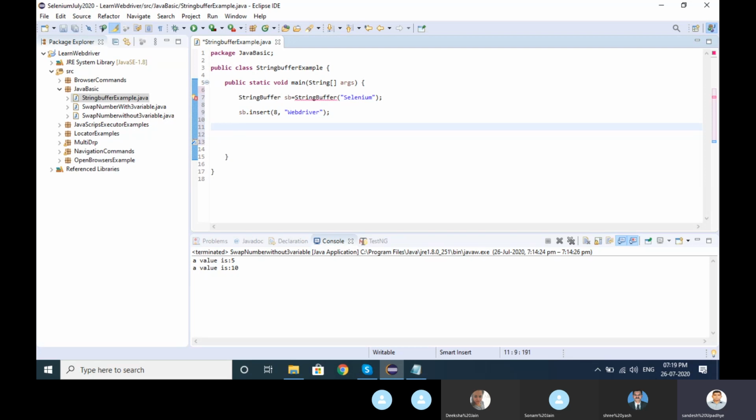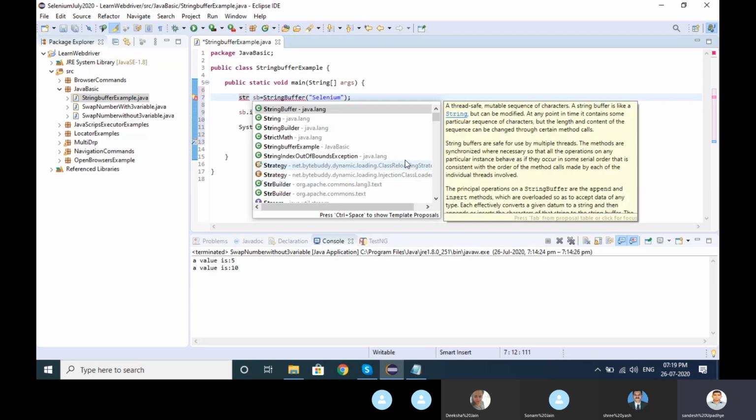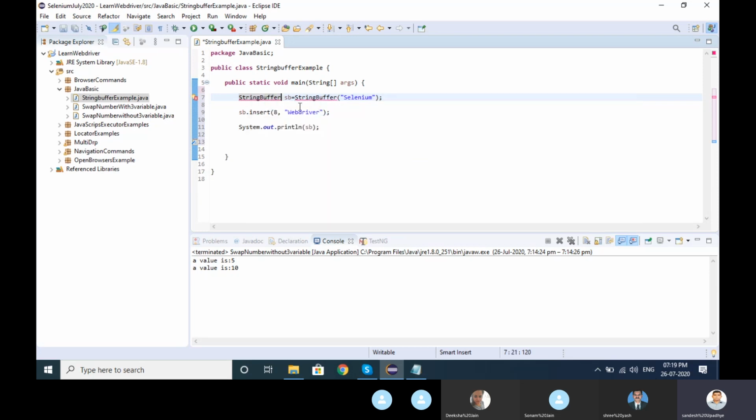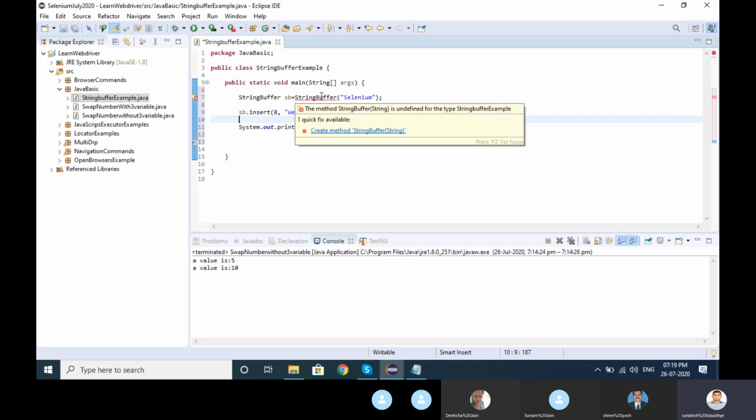Something is wrong. Okay, let me check. StringBuffer from java.lang, and I need to copy paste it here. It's saying the create method of the string buffer string is undefined for the type string buffer.